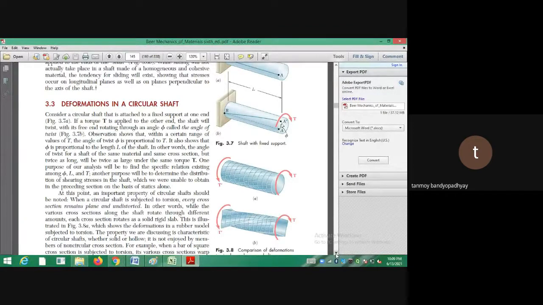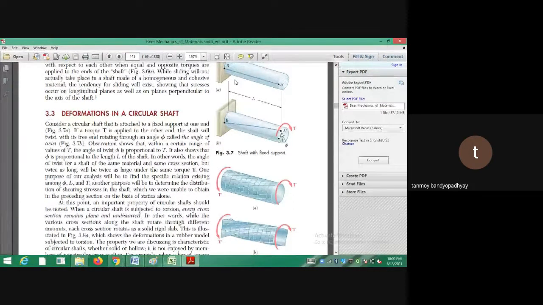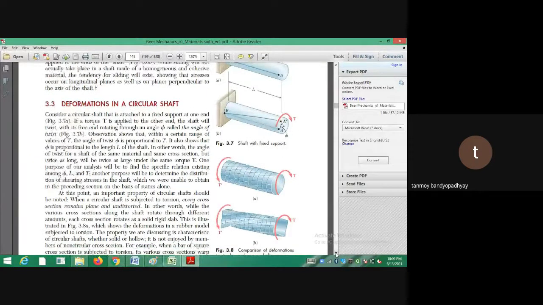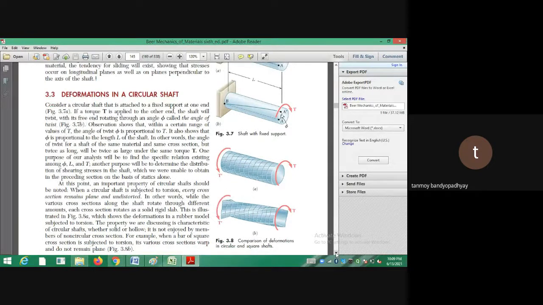If you see that this is the torsion situation, I will be discussing it now. See, there was a line AB. The point B was fixed. Now I'm twisting it. I am applying a torque capital T at the free end of the shaft so that it gets twisted by an angle alpha. You can understand that AB, which was straight, after twisting also remains straight. That's been shown in the figure at the bottom. If you see figure A, you can see that the section hasn't warped. The section that was straight hasn't warped. This is just a square shaft, but it's not shown like so.